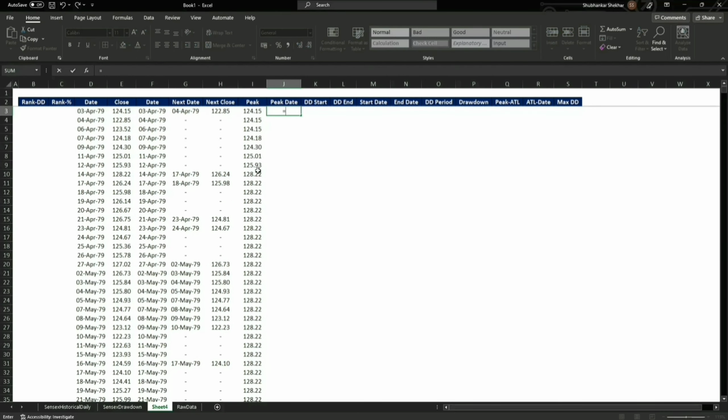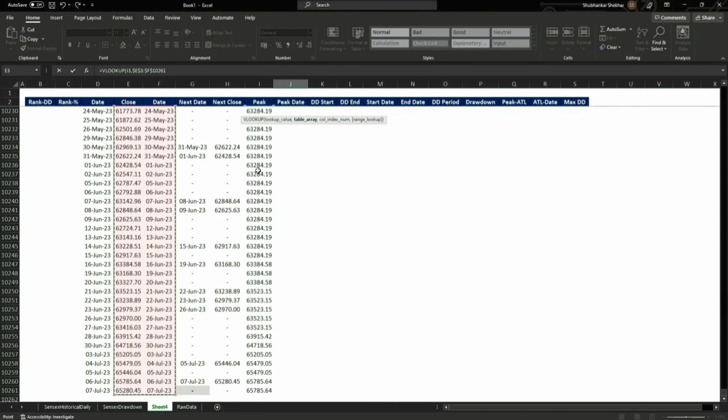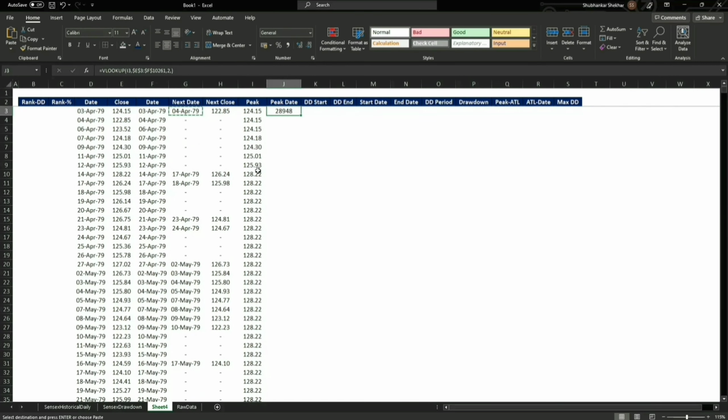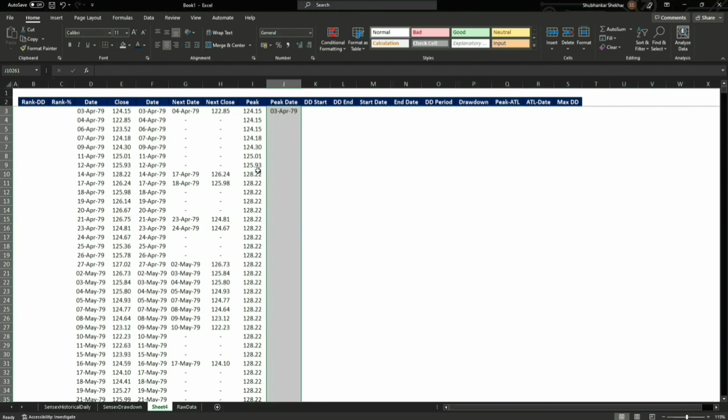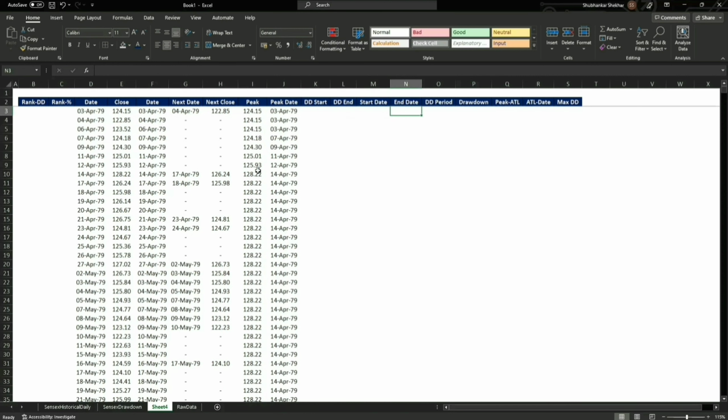And now you are going to see why we created this date here on the right hand side of the closing, so that we could get the peak date as well, right? And now the start date.